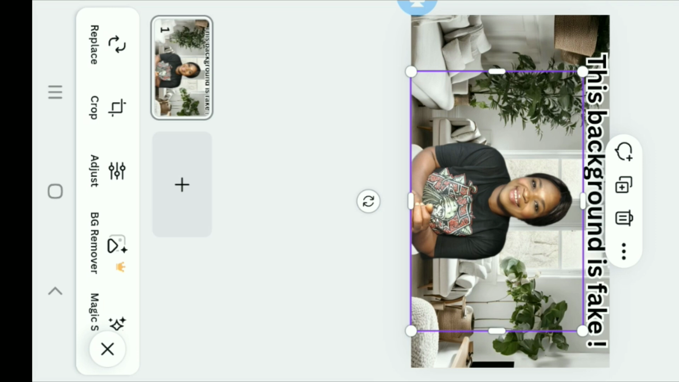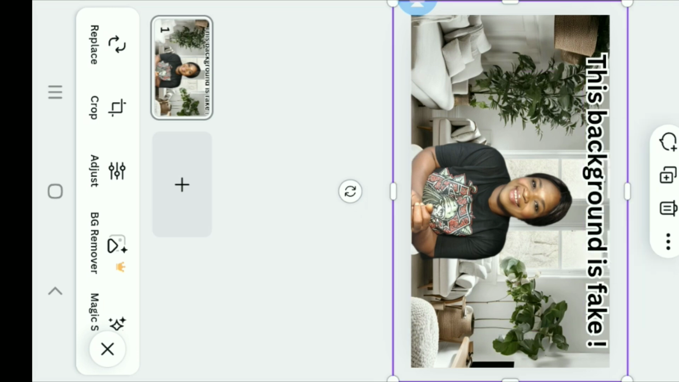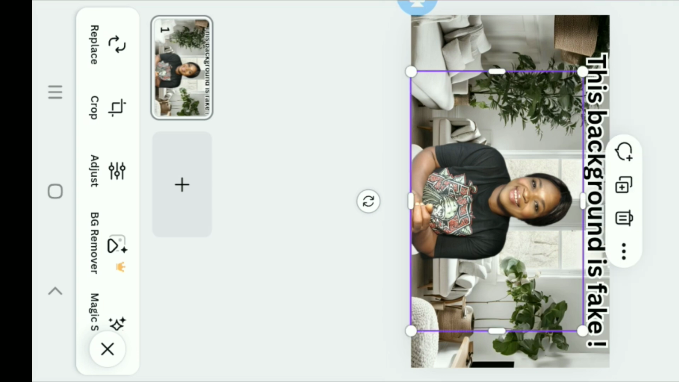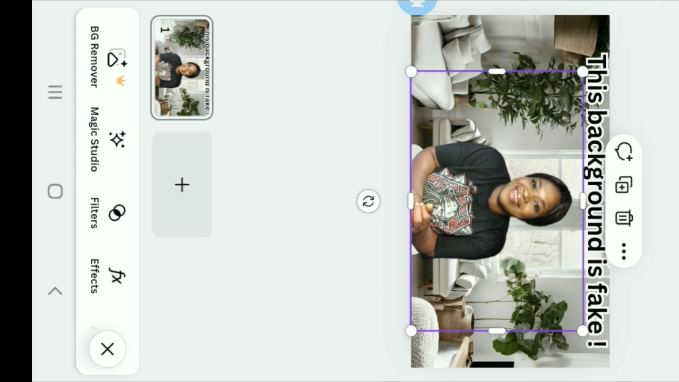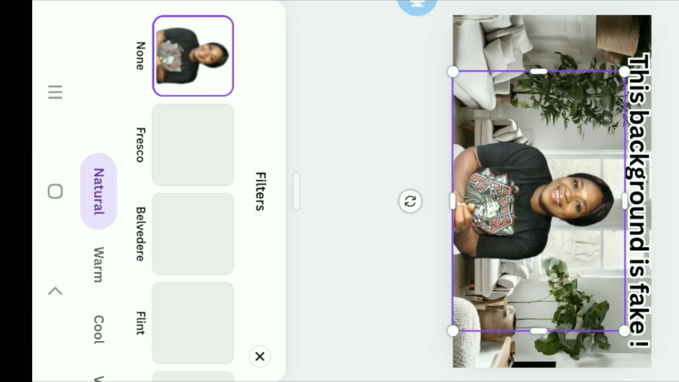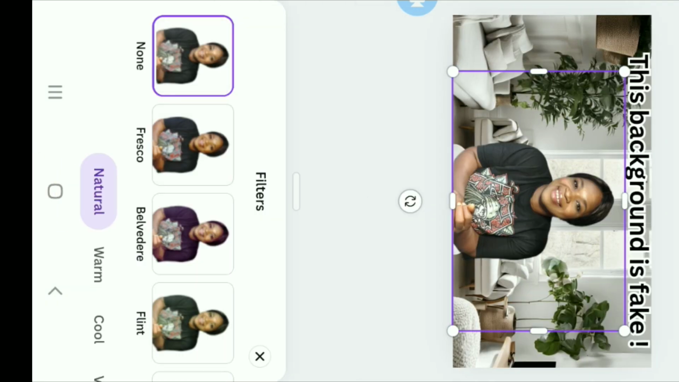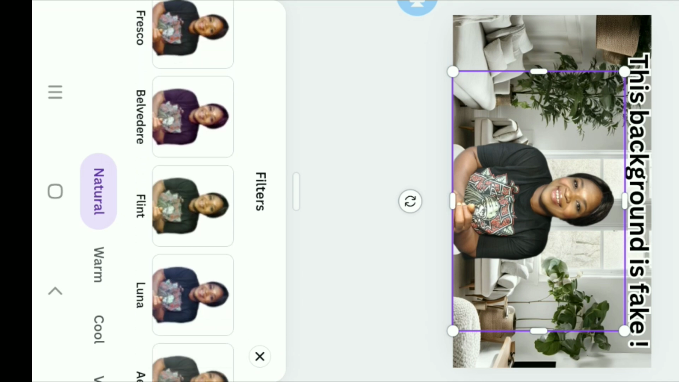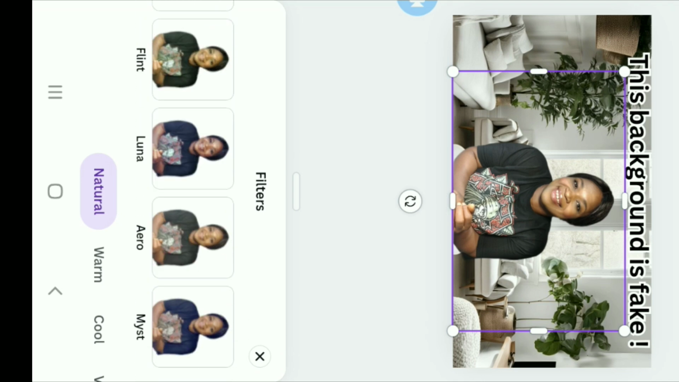So I want to kind of touch my picture a bit. So when I click on this, you see this green purple here is for my very own picture. The other is for the background. So I want to work on my picture. So I can decide to add filters, but I don't want to use a filter for this one. Okay, so I'm leaving it natural. I'm just going to go to